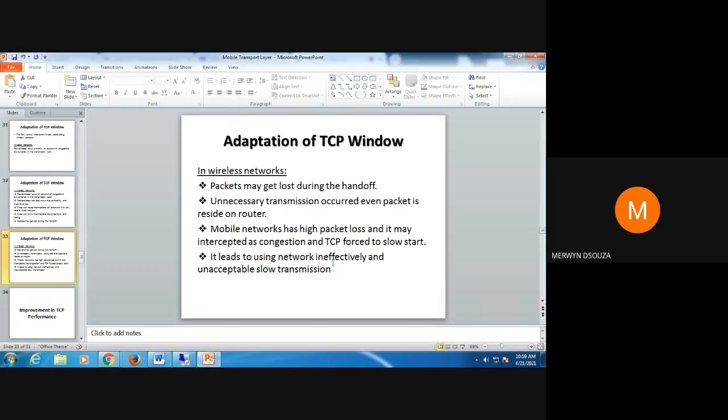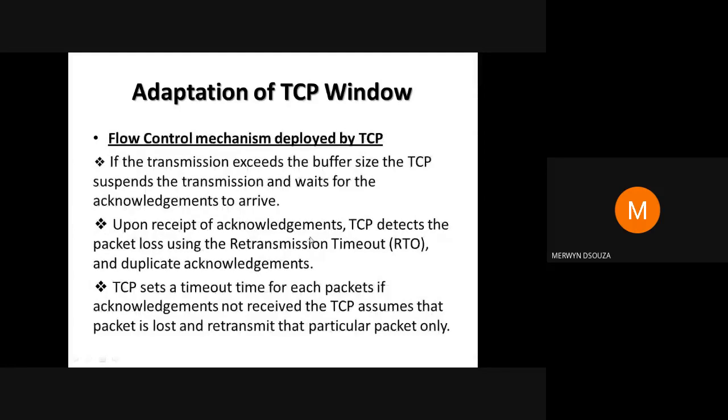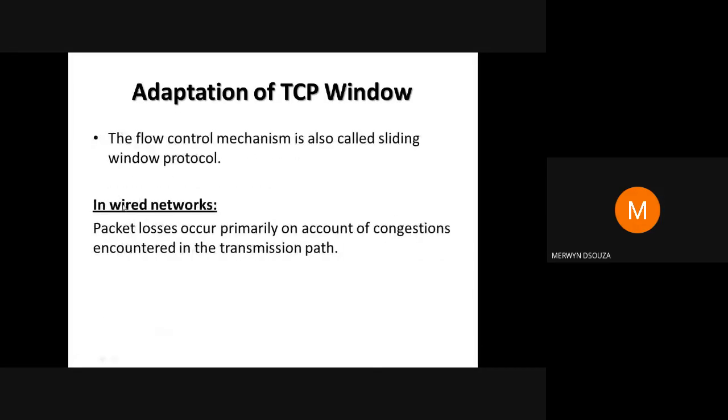Next, before we actually see how to modify TCP, today we have already learned one method for flow control known as sliding window. Next, we want to look at one of the techniques to improve congestion. If a congestion has happened, then what to do? We are going to talk with respect to wired networks only, nothing to do with wireless. If a congestion has happened in wired networks, what will your TCP do?